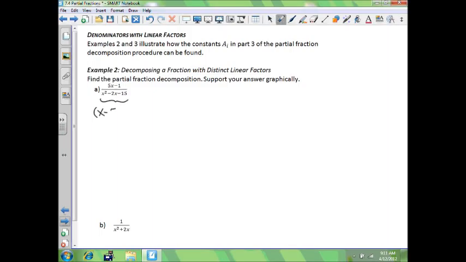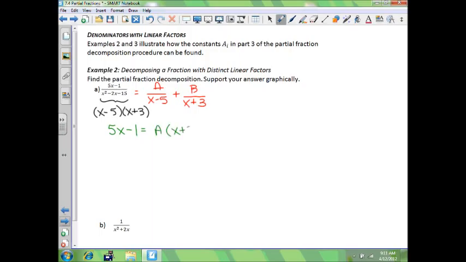That will factor to x minus 5 times x plus 3. So I can really write this as A over x minus 5 plus B over x plus 3. So what we can say is that 5x minus 1, because we're going to multiply both sides by x squared minus 2x minus 15, is equal to